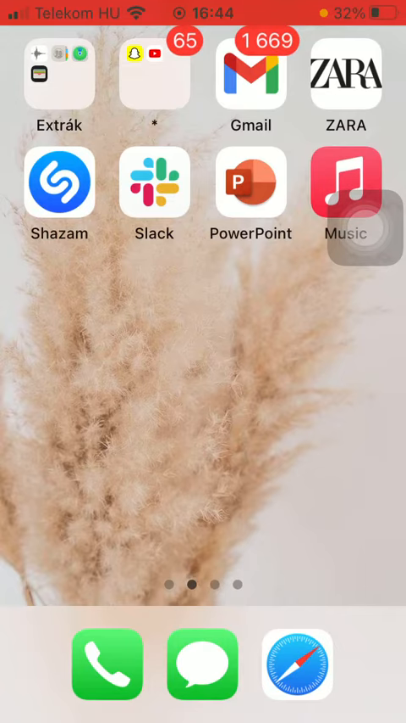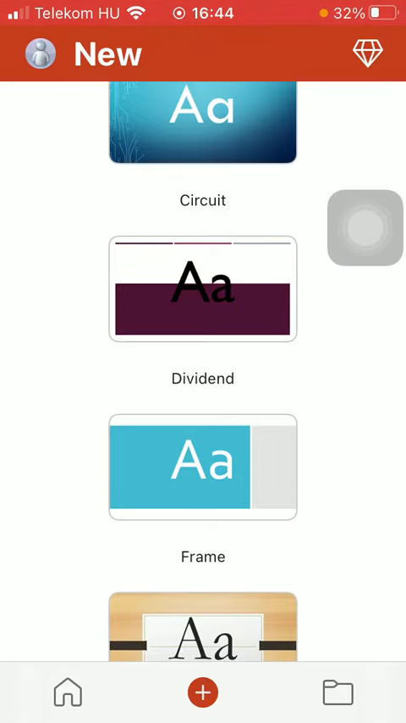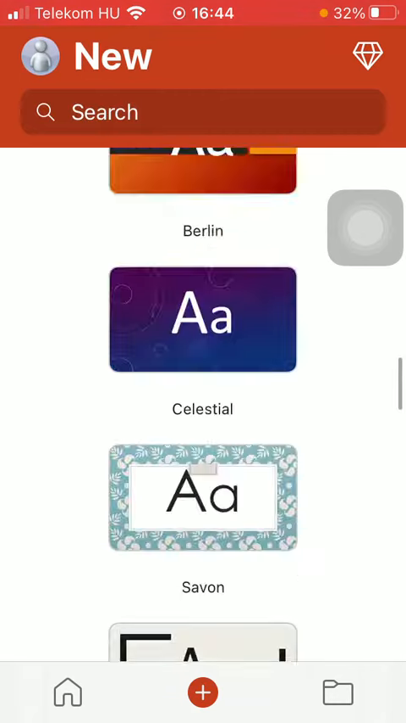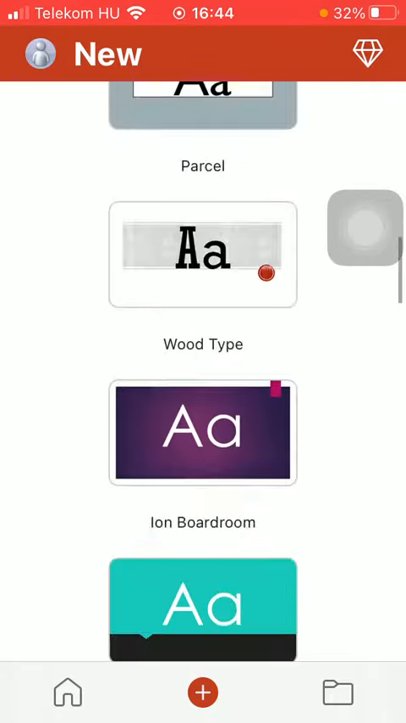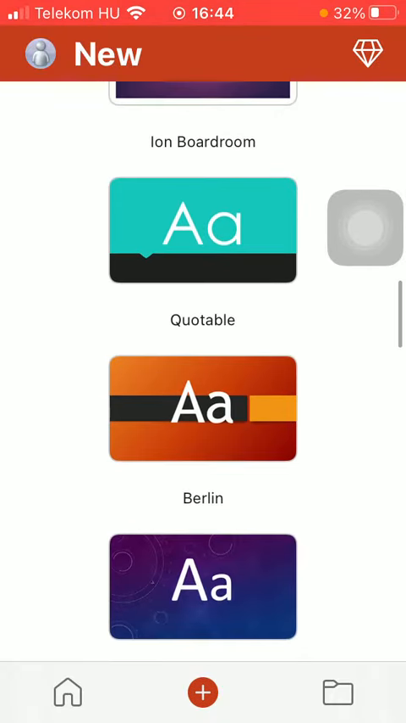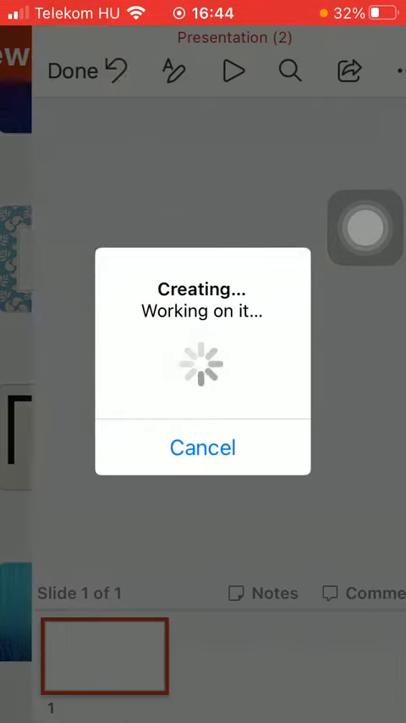First of all, open the application on your phone. Now tap on the plus icon down below, which is the second option, and as you scroll down you are going to see that you have a vast variety of options concerning the templates that you can choose from. So click on the relevant one that you want to use,